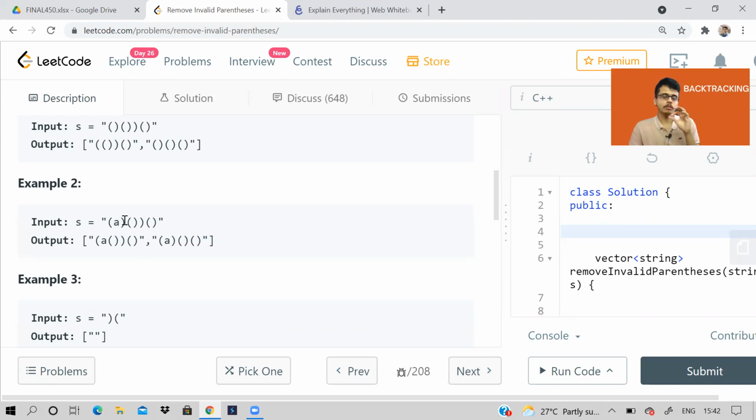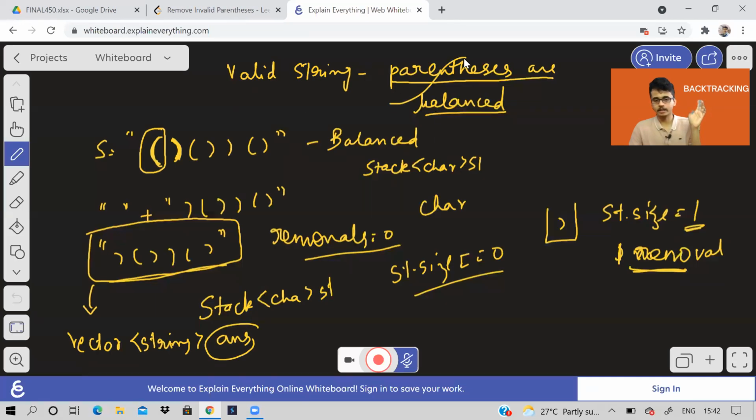So this problem is not depending upon characters. It only depends on our parentheses. So if our parentheses are balanced, it means if the size of the stack is 0, then it is completely balanced. So when we are trying to do this, to optimize this approach, what we can do is, if we